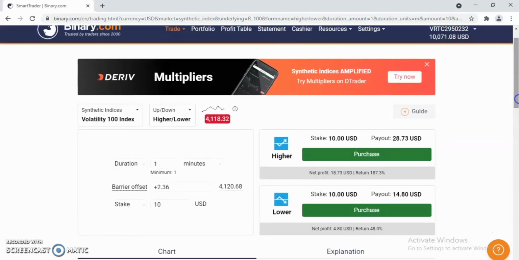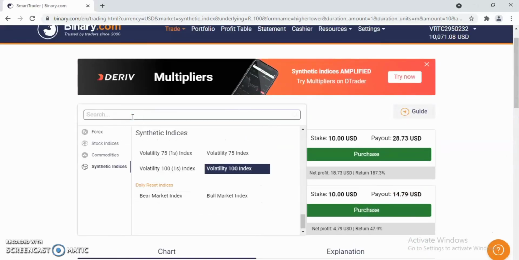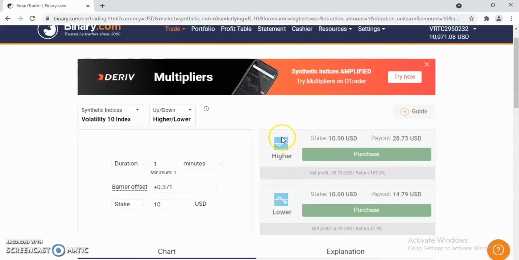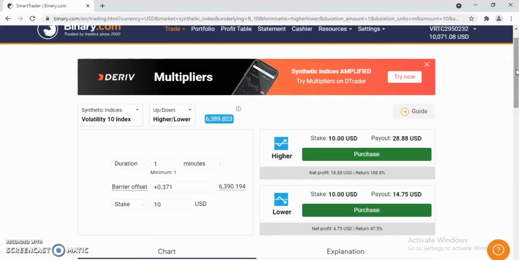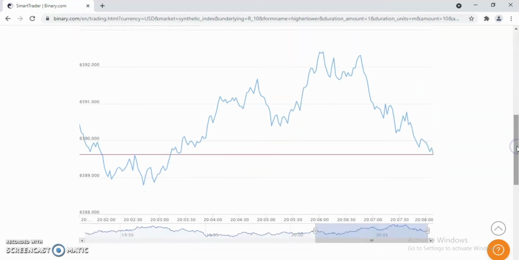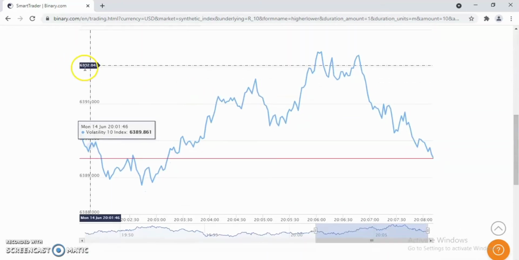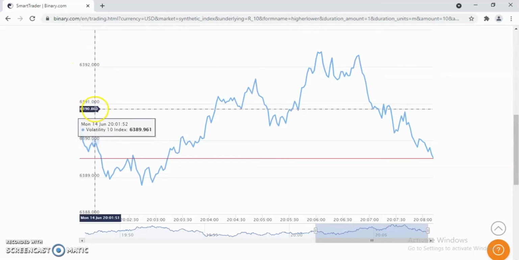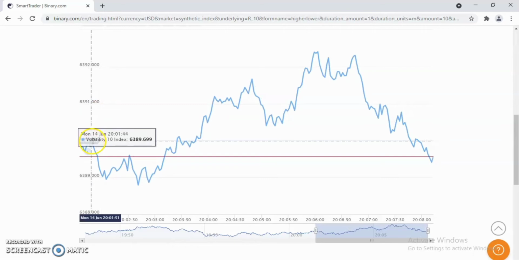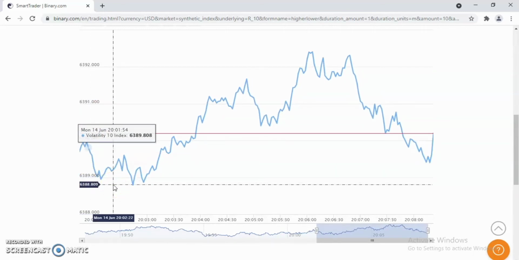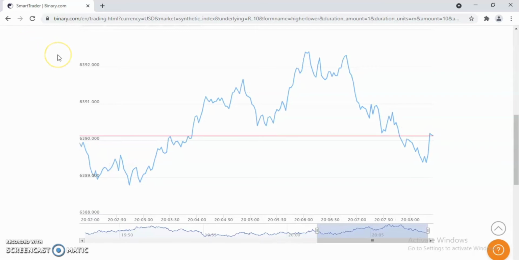Let me use other indexes so that you understand what I mean. Okay, so you see this one ends in 000, 000. The next one ends in 000, 000. You see the other one. This would have been a good market for you to trade, but you need to have this kind of sequence